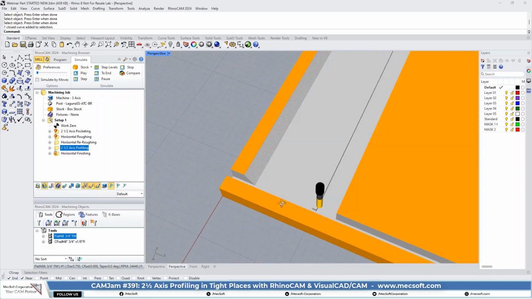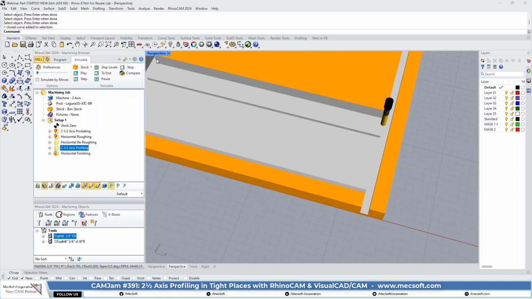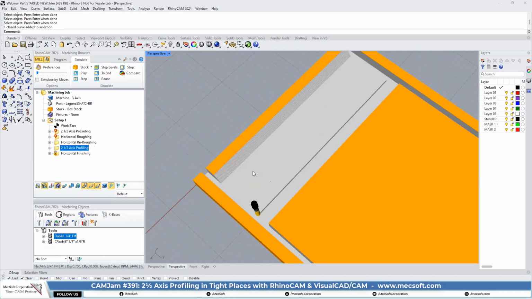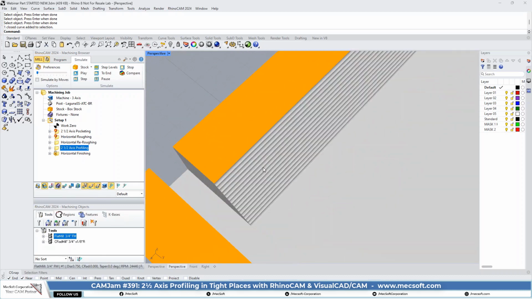Okay. So we got those edges cleaned up. Got the edges on this bottom, I guess we'll call it a core area. That's cleaned up. And we got this, again, it's a little rough. I'm not going to go in and actually